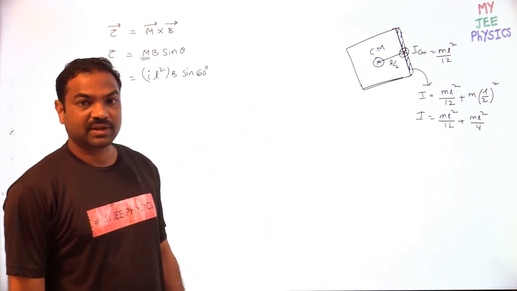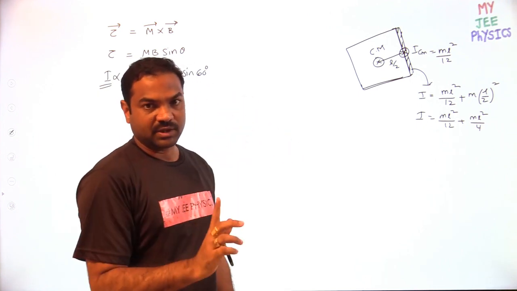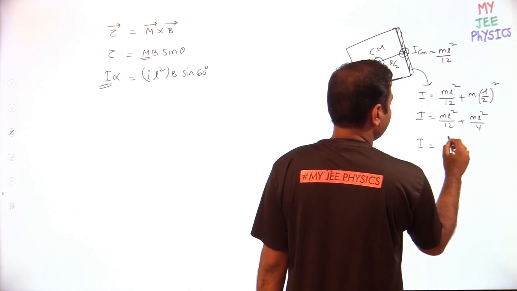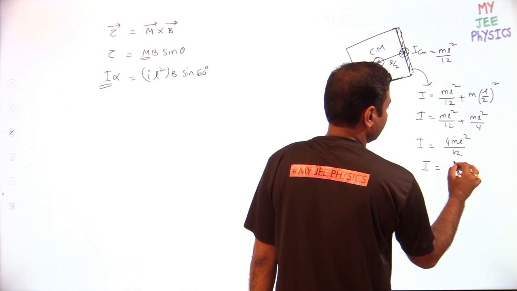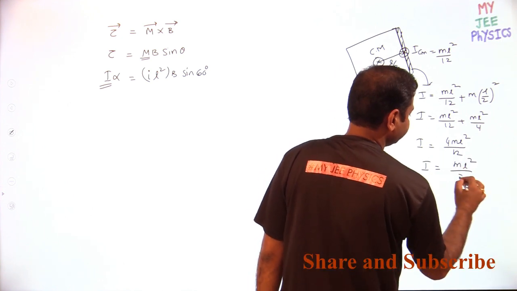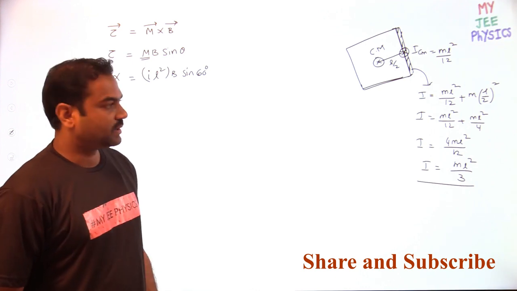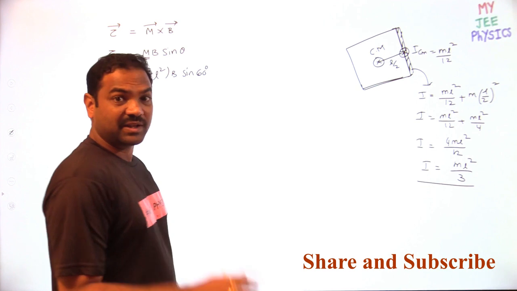This is the moment of inertia of one rod about the axis passing through the center of the frame and perpendicular to the frame. So I can write this as 3 times ML² by 12 plus ML² by 12, that is 4ML² by 12. You will get how much? ML² by 3. Hope my mathematics is correct; please correct me if I went wrong. Multiply the 3 times 4. Yes, correct. ML² by 3 for one rod.